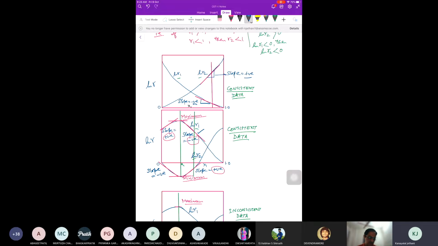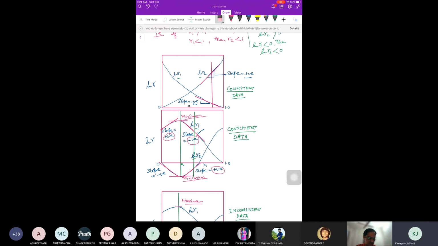ठीक है। So if I take any value of x1 on this side, तो इसका स्लोप यहाँ पर नेगेटिव है तो यहाँ पर पॉजिटिव होना चाहिए, और वो कब होगा? व्हेन देयर इज अ मिनिमम हियर, अदरवाइज नॉट पॉसिबल। अगर दोनों साइड दोनों ऊपर रहेगा तो उससे स्लोप अपोजिट नहीं होगा। सिमिलरली इफ आई टेक अ टेंजेंट ऑन अदर साइड, इस साइड में, तो यहाँ पर अगर पॉजिटिव है तो यहाँ नेगेटिव होगा, ओनली व्हेन देयर इज अ मैक्सिमम इधर तो इधर मिनिमम होगा, ठीक है। समझ में आया? Yes, बाय मैक्सिमम एट वन पॉइंट, सेम पॉइंट पे मिनिमम रहना चाहिए दूसरे के लिए।